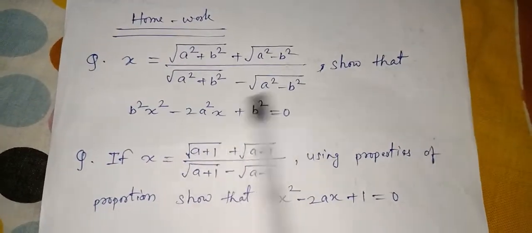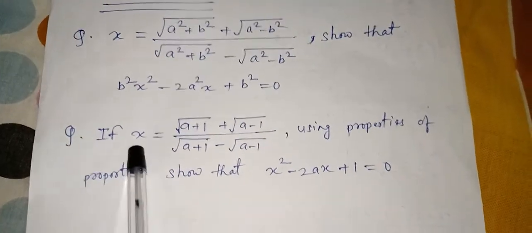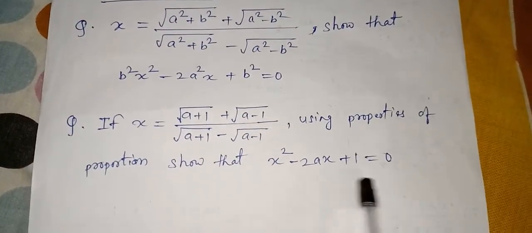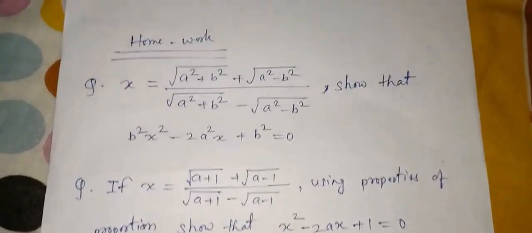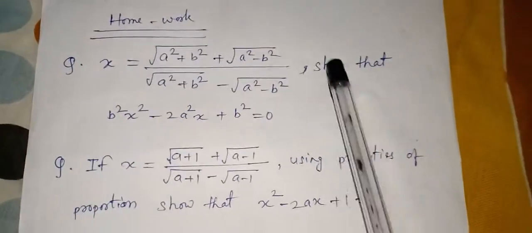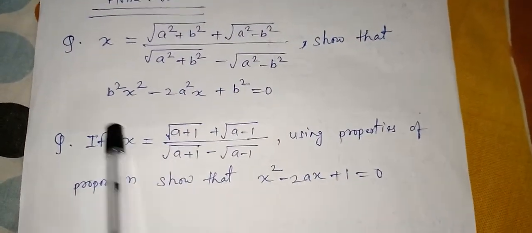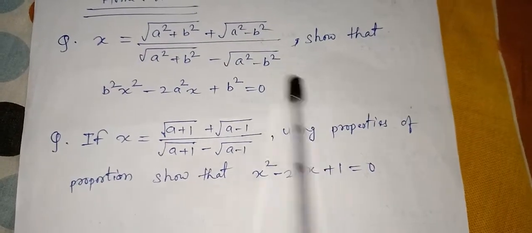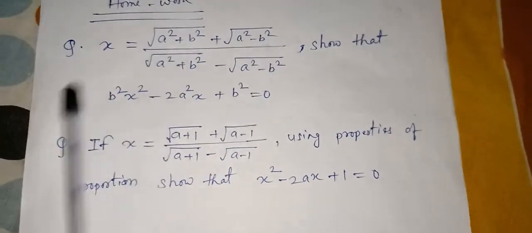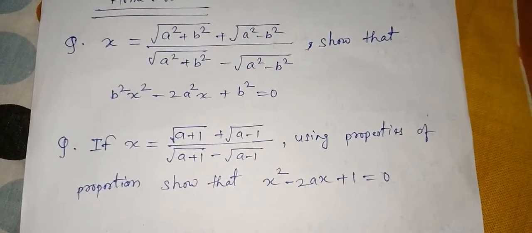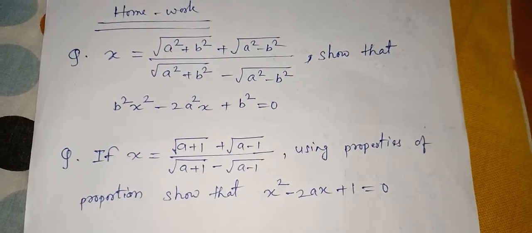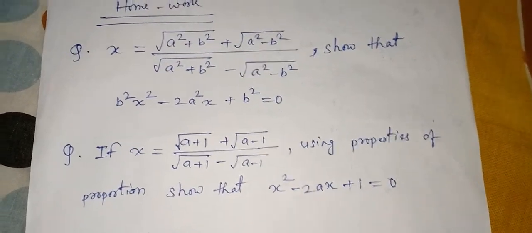With this you have to show that this is equal to 0, and with this you have to show that this is equal to 0. So you see these 2 questions in the PDF and try to do these 2 questions as homework. Homework is very easy, the answer is this. You have to show this is equal to 0. The way I have done in my video, and I will provide you a PDF, you see that and then prove accordingly. Thank you, children.